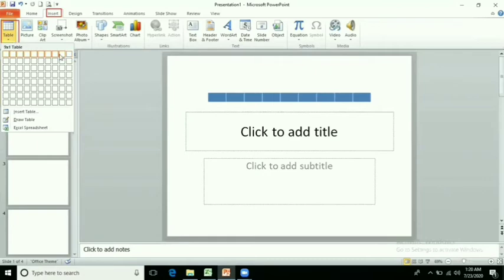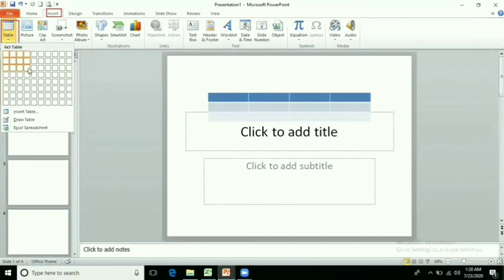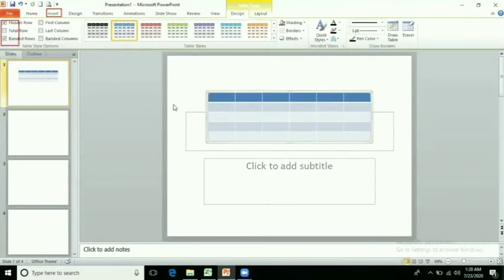And when we will move top to down, then you can see here rows are increasing. Rows are from top to down and columns are from left to right. It depends upon our requirement how much rows and how much columns we want to make. So just click on it and then you can see here one table is created.